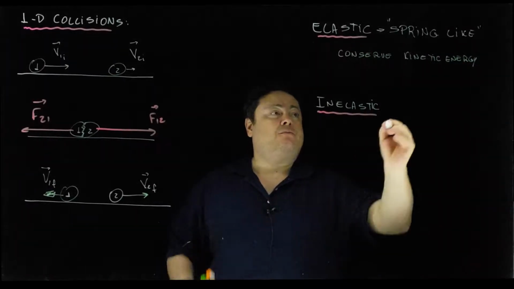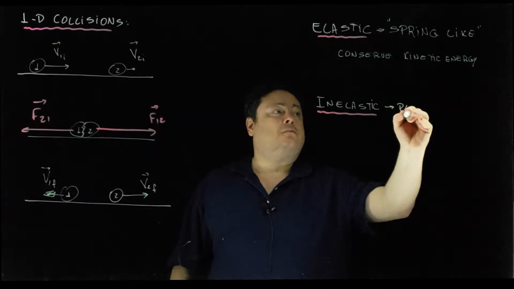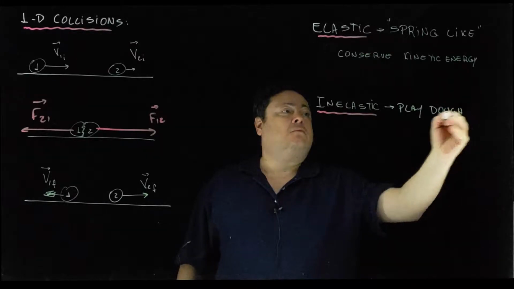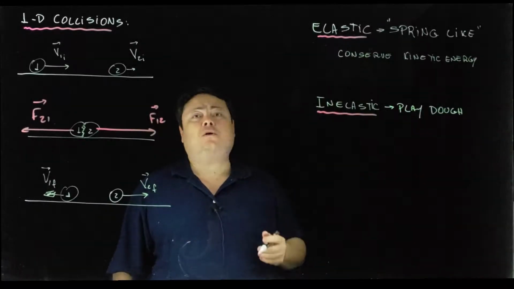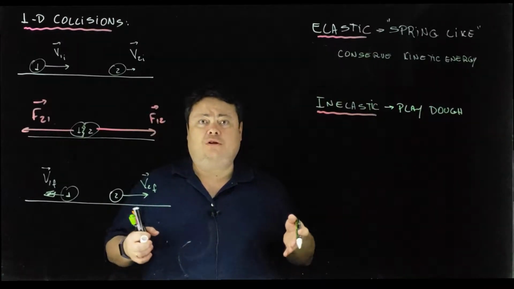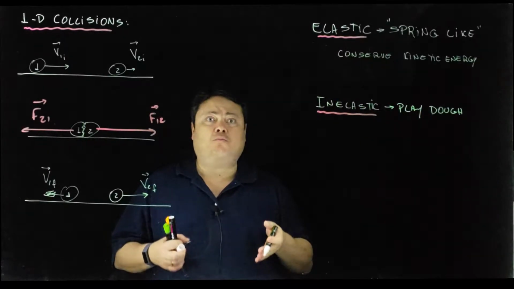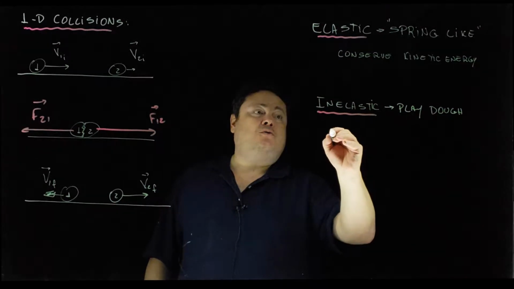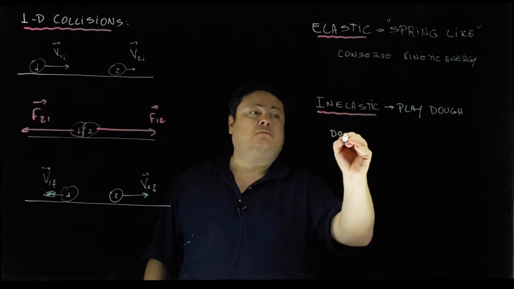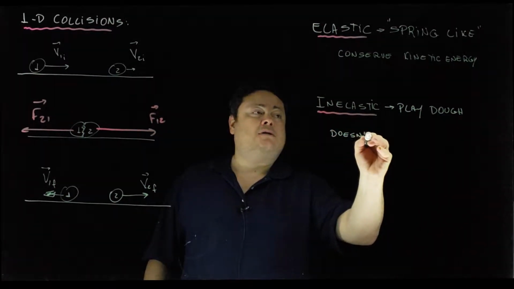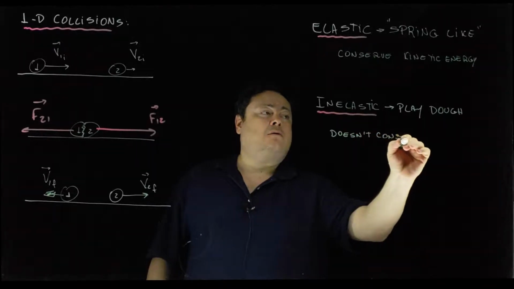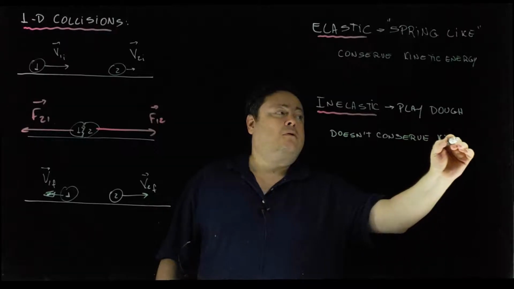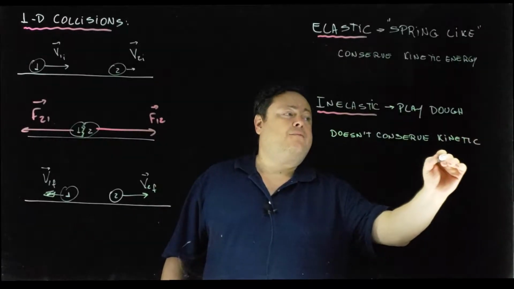The Play-Doh style. And this one, the energy that goes into deforming the object is not completely retrieved when the object comes back to its original shape. So this one here doesn't conserve kinetic